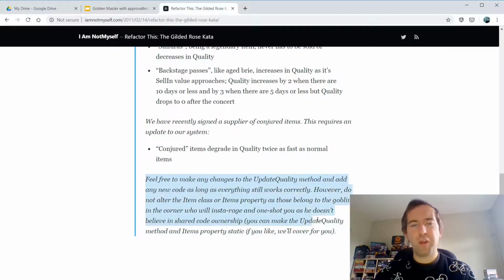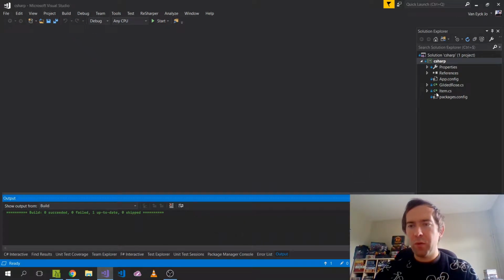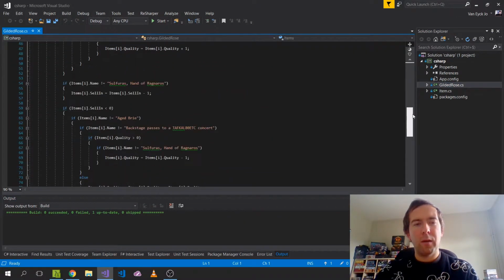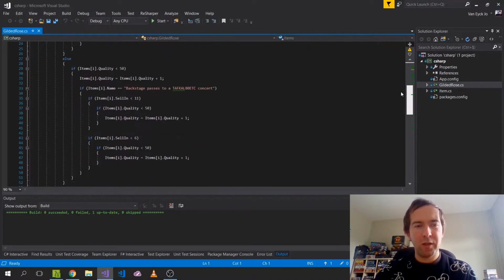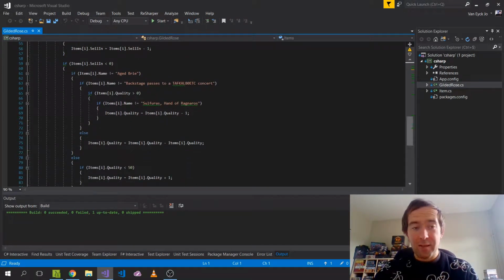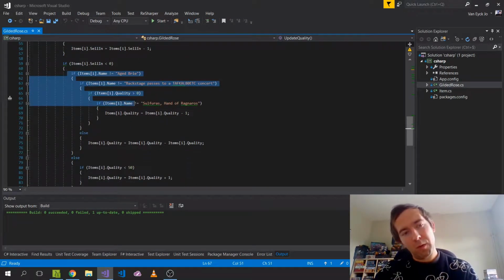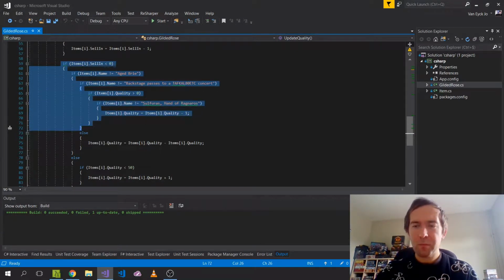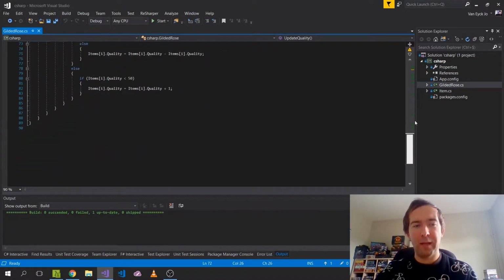Code is pretty nasty. So I'll open up some code. This is the Gilded Rose code, and it's pretty hard to follow. There's a lot of branching. There's a lot of nested conditionals, so it's 1, 2, 3, 4, 5 levels deep. So it's pretty interesting to figure out where this new feature of conjured items would have to land in this